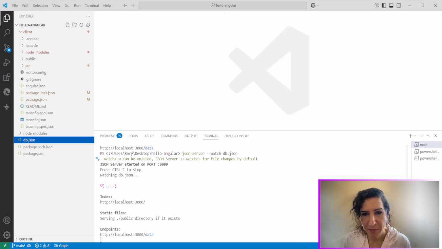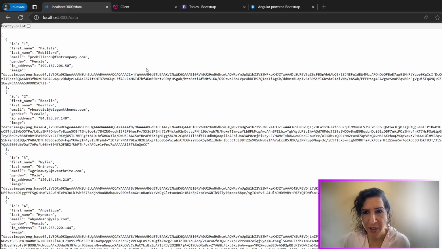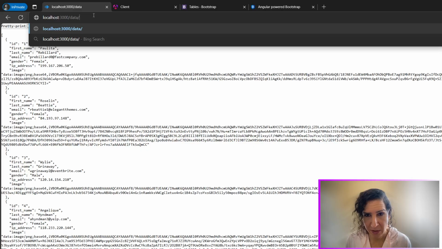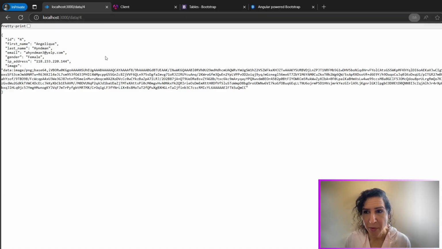And if we flip over to the web browser, we can see that here the endpoint is on localhost 3000 on the data endpoint, and there it is. That's what it looks like. You can access these individual entries if you so choose to. But what we really want to see here is